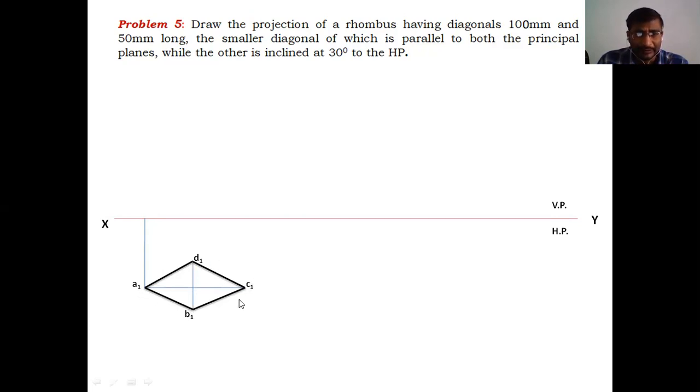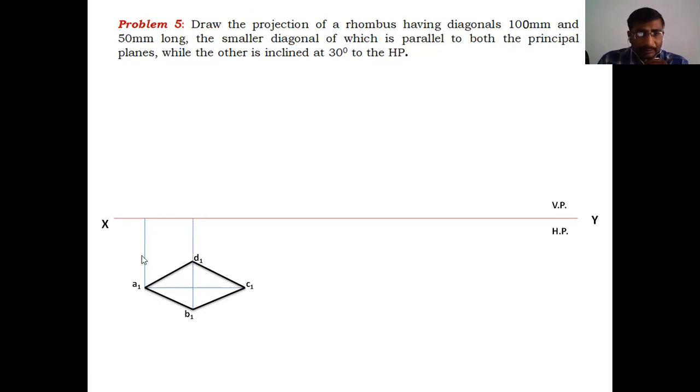Like that, first of all, in the initial position, draw a rhombus below the XY line, which represents the top view in the initial position. This is the top view when the surface is parallel to HP, because the longer diagonal is given as inclined at 30 degrees to the HP. Here, in the initial position, the longer diagonal must be parallel to HP. Whenever the longer diagonal is parallel to HP, we have to draw the top view first, because in the top view itself, the true shape can be seen. So first of all, you have to draw the true shape. From that true shape, you have to develop the remaining views. Okay, students?